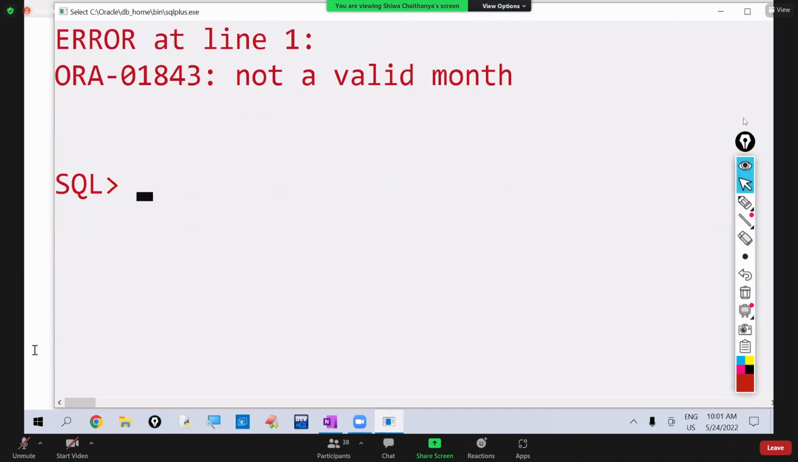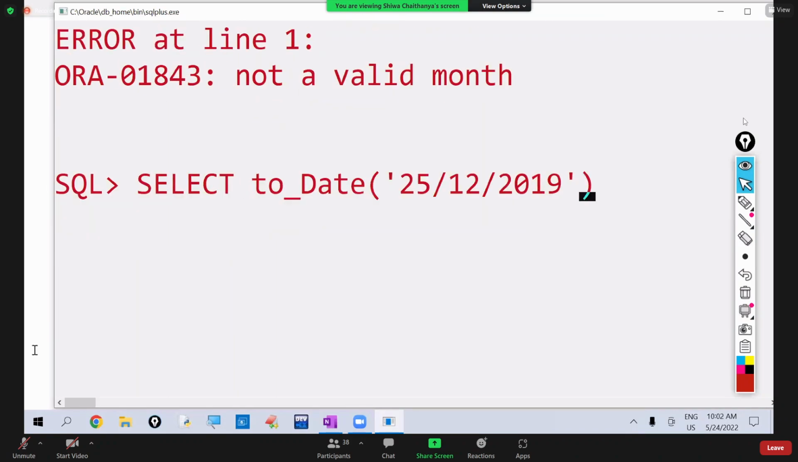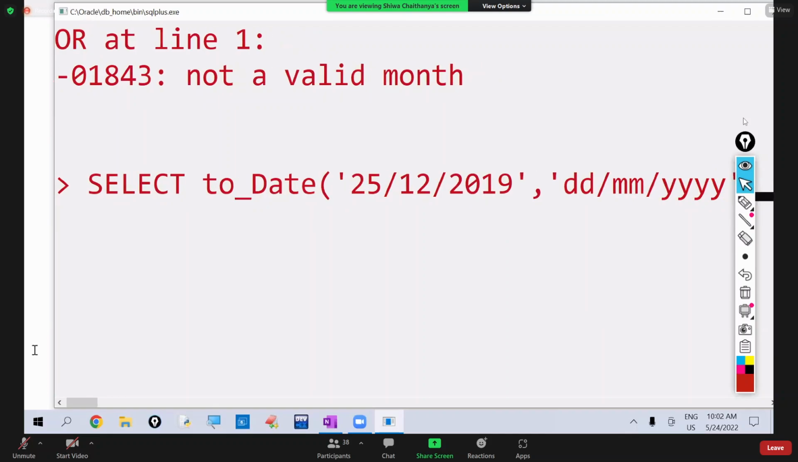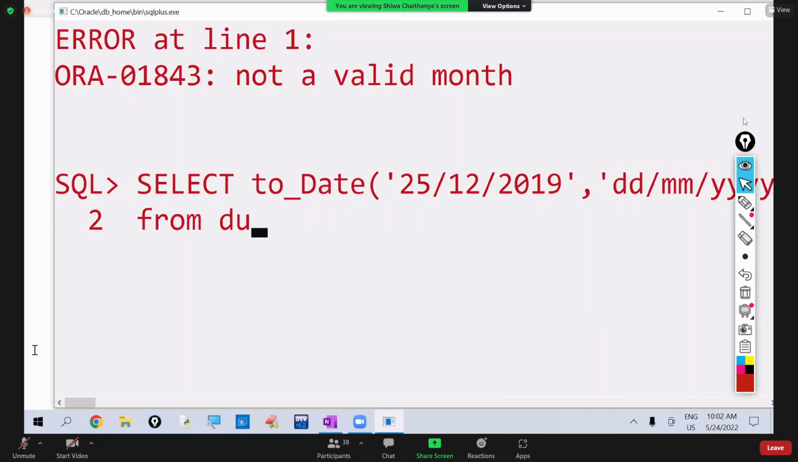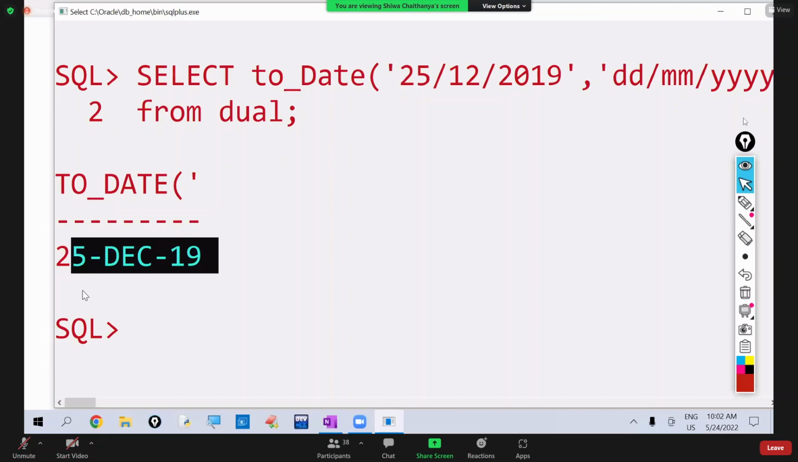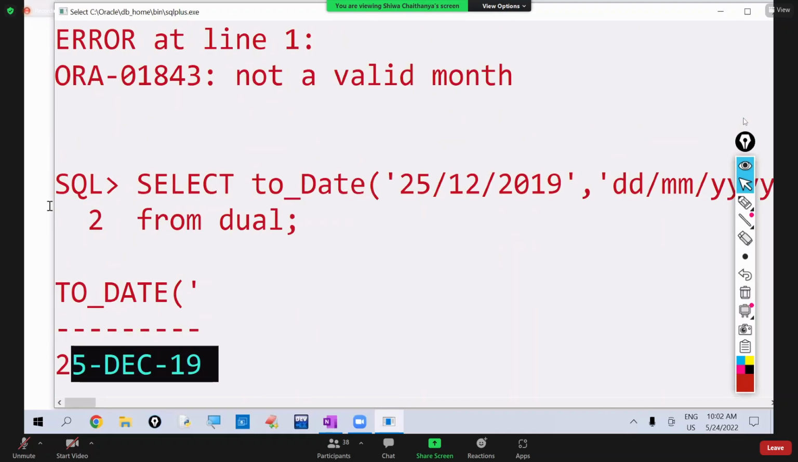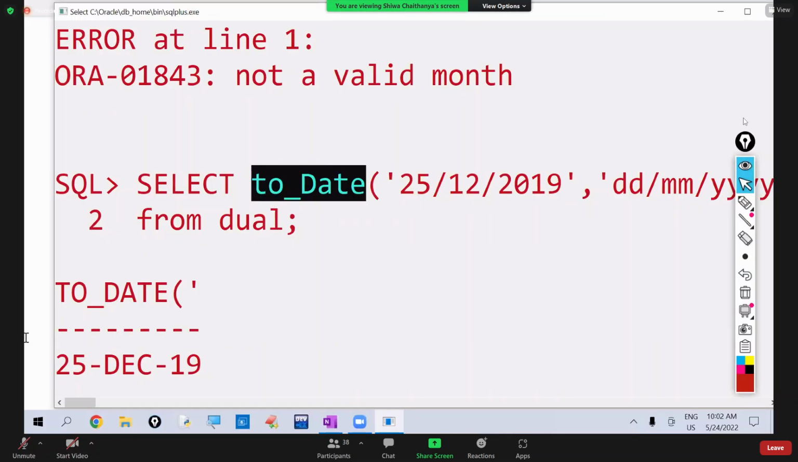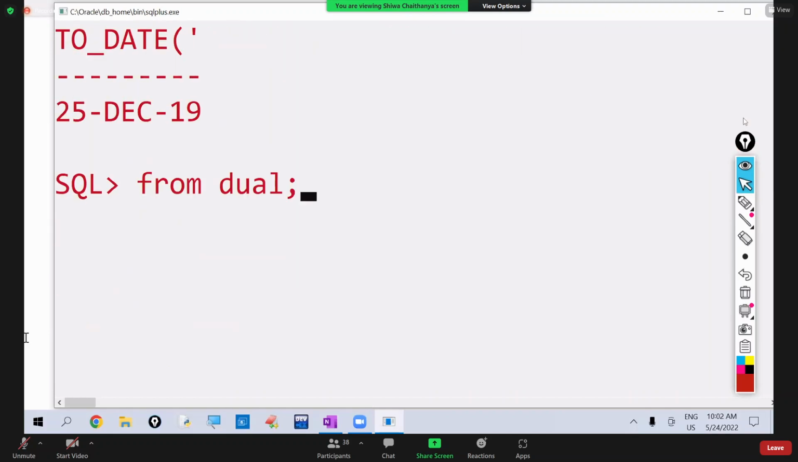Observe here, those only I'm writing. So comma, what is the format here? DD/MM/YYYY. Okay, from dual. So what is it giving? Observe here, 25 December 2019 it is giving. So whatever value we are giving, this is what? String. The string we are converting to the date. Next,